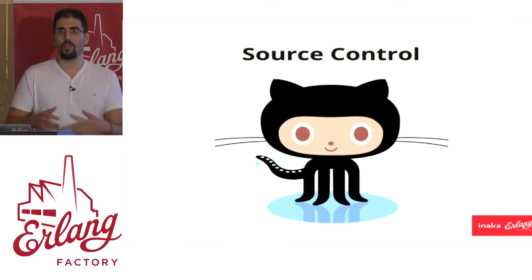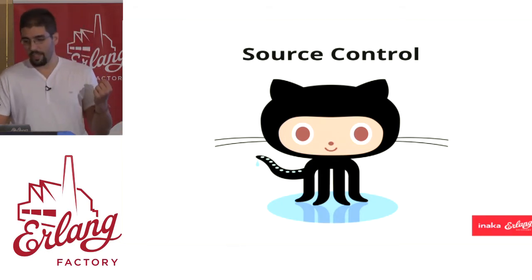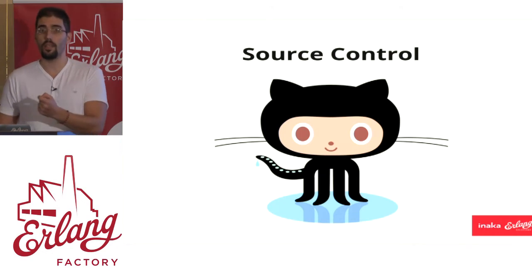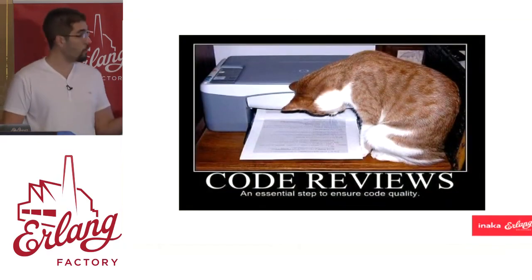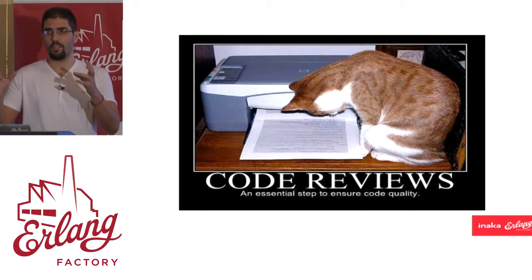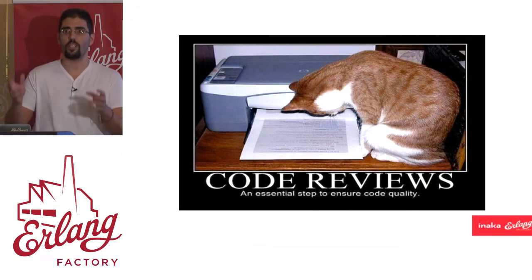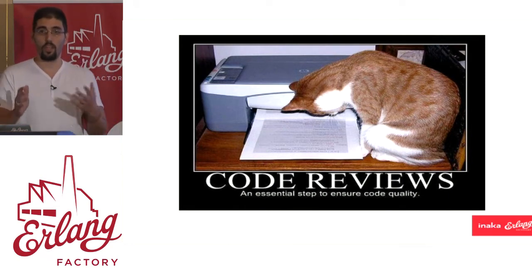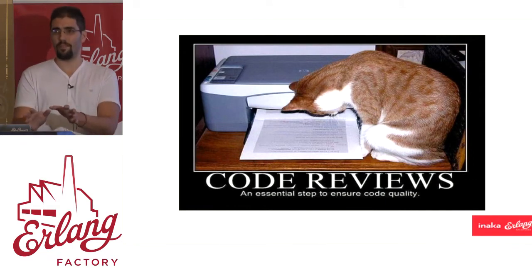Most of the open source projects in Erlang use GitHub for that, which is the same thing that we use at Inaka, so same thing. And GitHub comes with pull requests. And pull requests lets you do something that will help a lot in keeping your code clean. Code reviews. Code reviews allows you to check what other people want to add or update in your code before actually merging it in your code base, which is awesome because you will be able to detect weird stuff